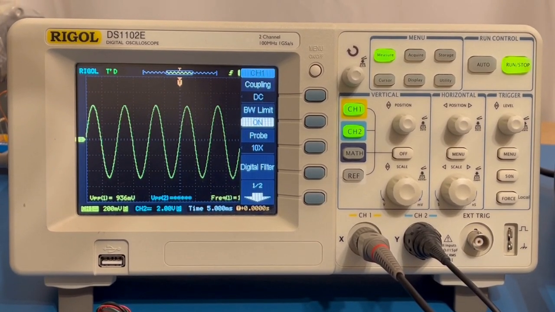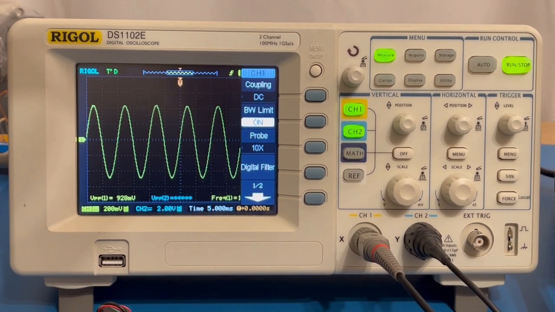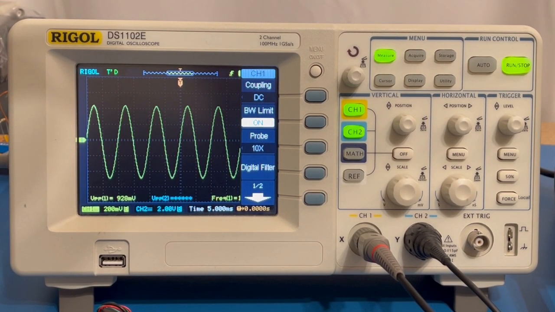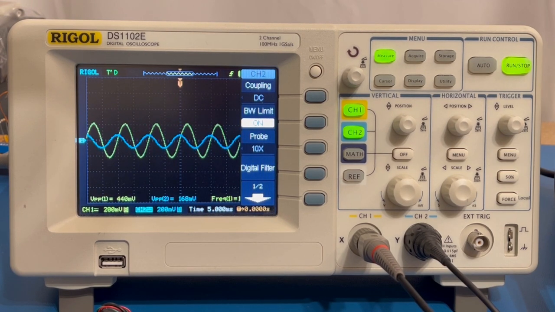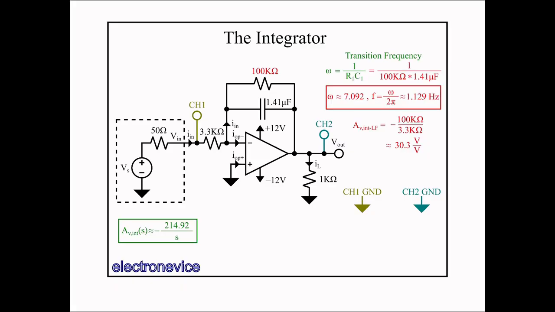Here we see the input signal on channel 1 set to 200 millivolts per division, but the output on channel 2 is nowhere in sight. Here I spend an obnoxiously long time trying to get the channel 2 signal in range, demonstrating the problem with using a pure integrator without the feedback resistors. The offset voltages, in spite of being small, get gained up very high by the pure integrator, and therefore, when they drift around a little bit, it makes it virtually impossible to set the offset voltage precisely enough to get the output within a reasonable voltage range. So here's the modified schematic with a 100K resistor in the feedback loop to limit the gain at low frequencies.